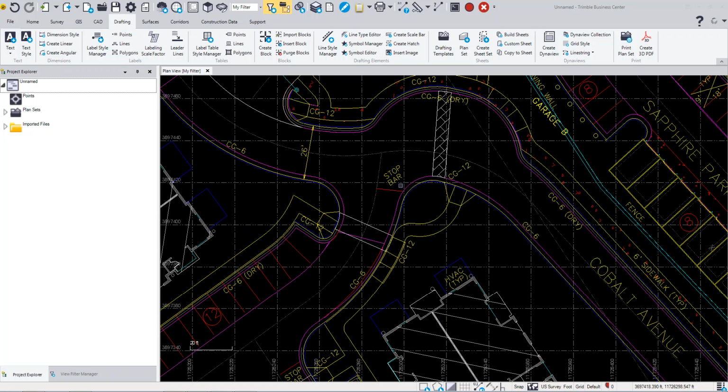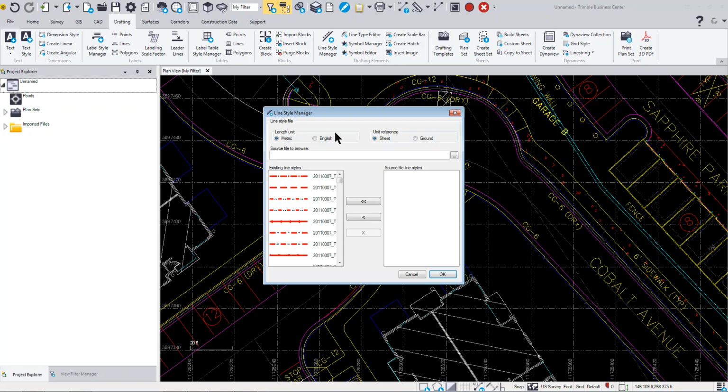The line style manager is where you can bring in certain line styles into your Business Center project. So that's also found on the drafting tab in the middle here called drafting elements. And I'm going to select line style manager. So you can see here that you can find the existing line styles, and over here is the source line